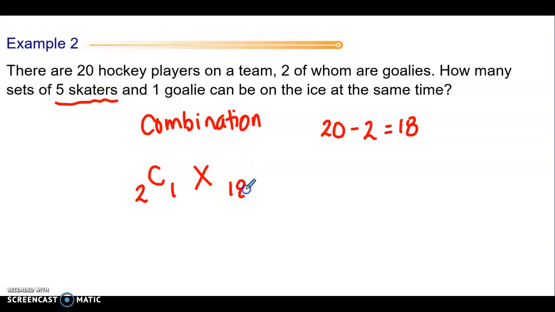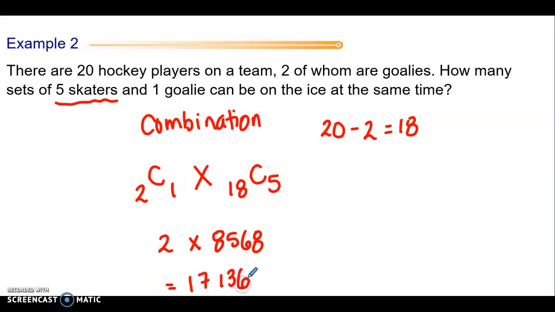So 18 choose 5. 2 choose 1. There are 2 ways. 18 choose 5. There are 8,568. The total number of ways to pick 5 skaters and 1 goalie to be on the ice at the same time